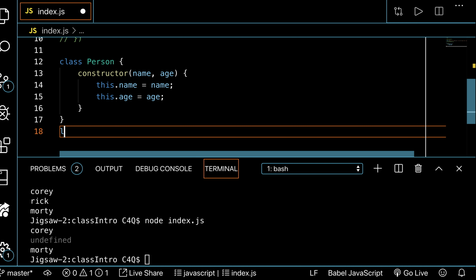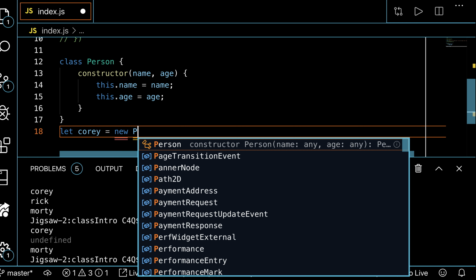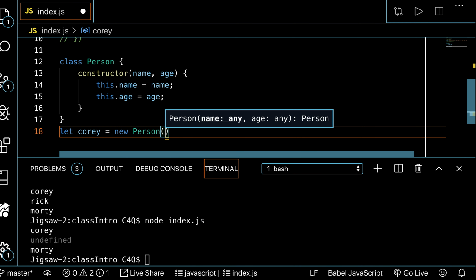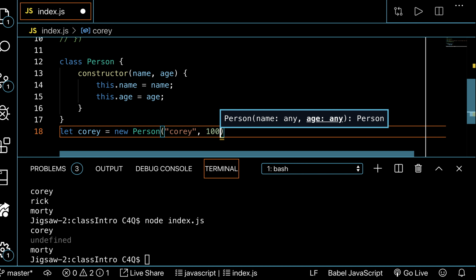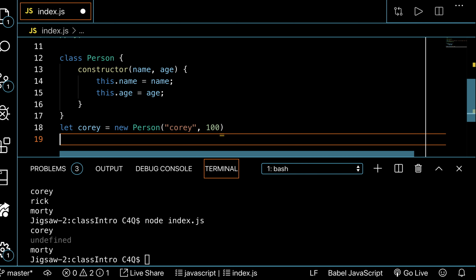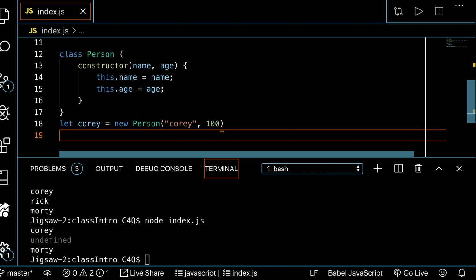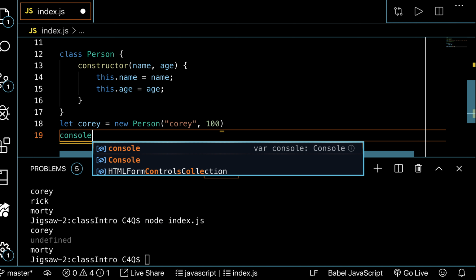So we'll say let Corey, and I'm going to create a new person, so I'm going to write new, my person class. I'm going to invoke it, and here I'm going to pass in the arguments that my constructor is expecting. So I'm going to say Corey, and I'm going to put in 100 for my age. Okay, so now, I know it's funny because there's no returns or anything, but this is just how it's set up. So now if I console.log,